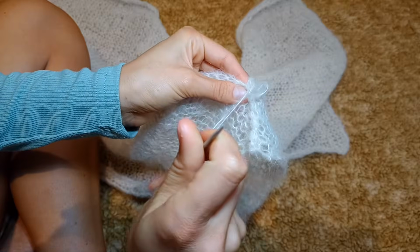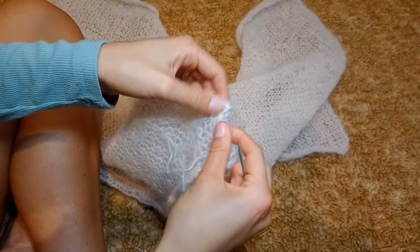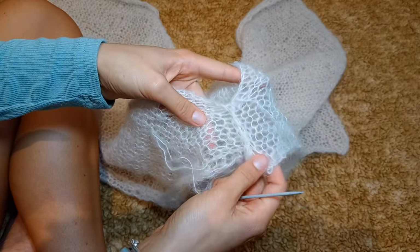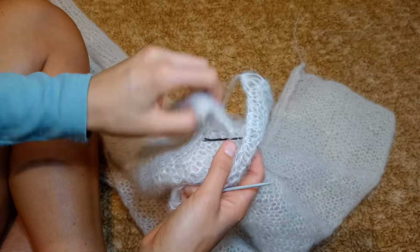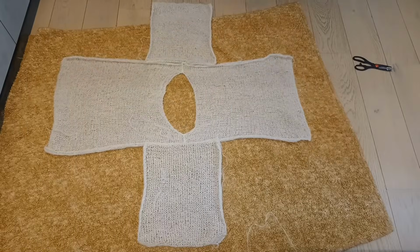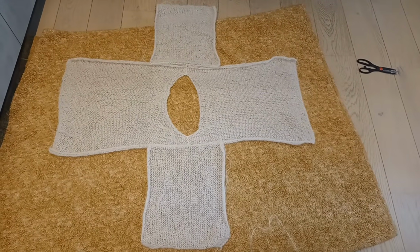Don't pull the yarn all the way through. Then insert the needle through that little loop and pull tight. And now that's secured and not going anywhere. Now we need to do the same on the other side and just make sure you still have the wrong side facing towards you. Once you've done that, you need to lay out your work flat with the wrong side